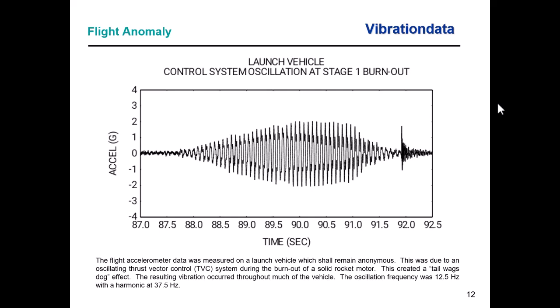So the fix was very, very simple. It was just to basically turn off the TVC system during the motor tail-off. And I was the one that actually came across this data and had to go to the guidance, navigation and control engineers and make a case, and they didn't want to believe me at first, but eventually they did and fixed